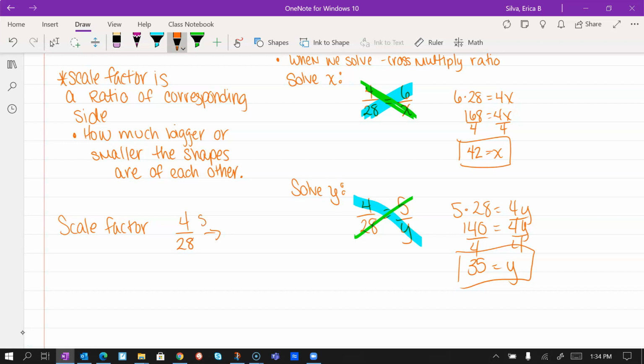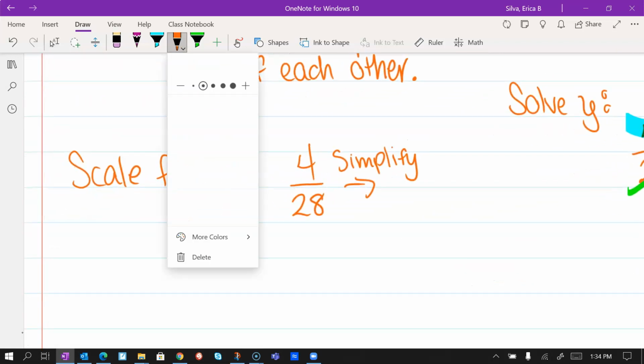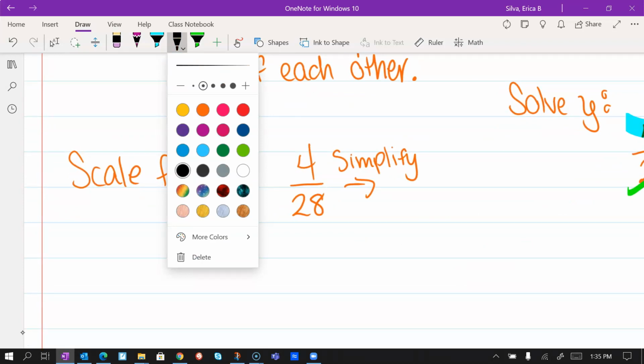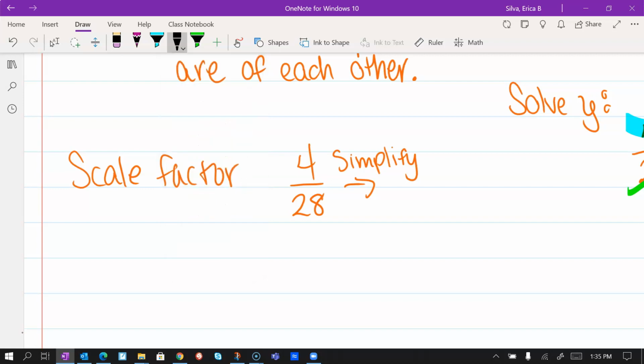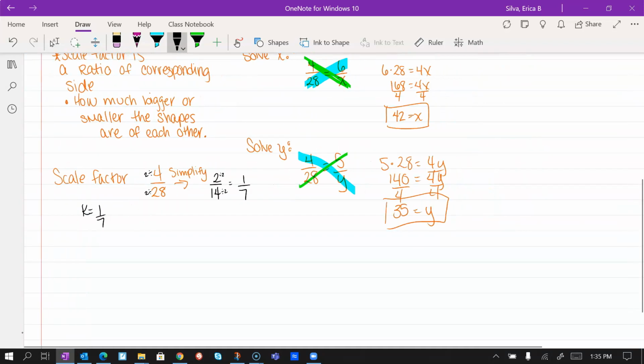And then I'm going to simplify. Now, if we were to simplify 4 over 28, what can we divide both the numerator and the denominator by? What are they both divisible by? 2. So let's divide each one by 2. And if we divide by 2, we get 2 over 14. Can we simplify that even further? Yeah, what can we divide each one by? 2 again, and we get 1 over 7. Can we simplify that even further? No. So my scale factor is 1 over 7, which means in this picture